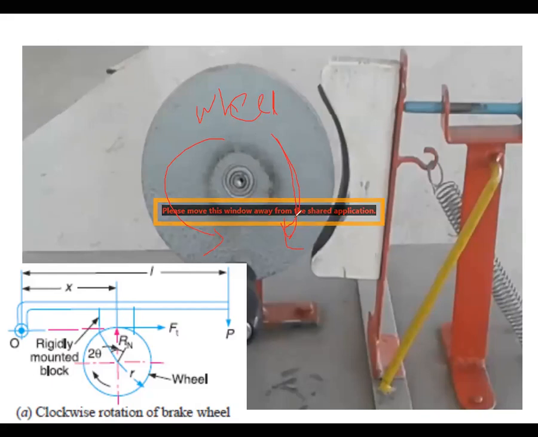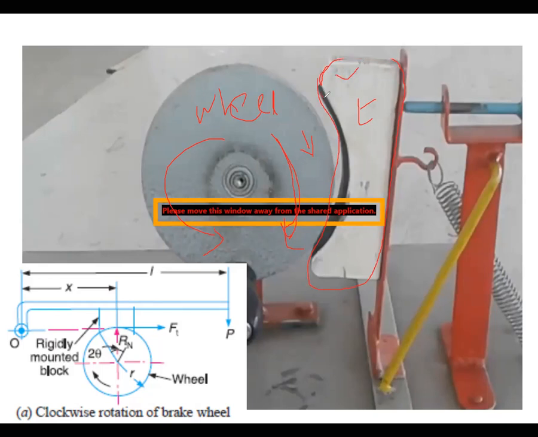When the drum is revolving and suddenly we want to bring it to a static position, the speed has to reduce. In order to reduce the speed of this drum, we immediately have to apply the shoe brake. This is called a shoe or block brake, right? This is the one supporting this.